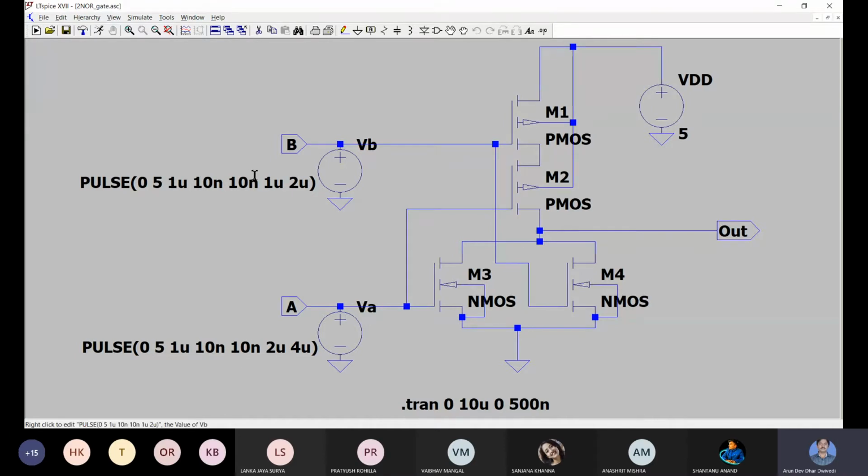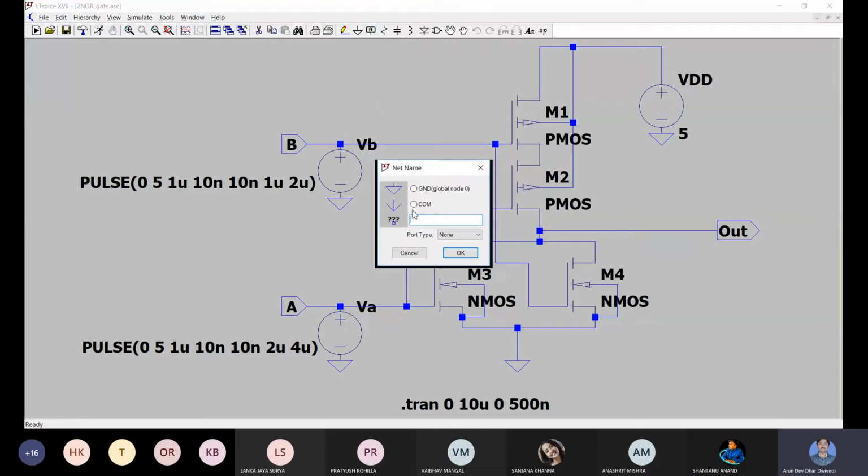Also we want to create ports, because B is an input and A is an input. So we extended this wire and then connected this label net. From label net we can write any name. So what port do you want to make? I have made here input port A. We have given the name A, chosen the input option, and then OK, then you can put it here. Now at the last you can place it here.